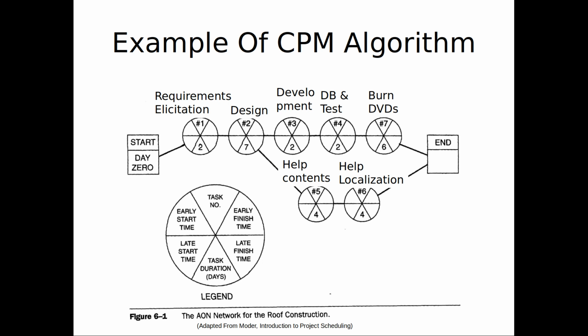When's the latest node 7 could finish without delaying the whole project? 19. If we delay it, the whole thing's delayed. Do you understand that point? When is the latest time we could start it without delaying the whole project? 13. The whole critical path, it's going to be that. Do you see that? I mean, I could just work back. Just to be clear where this came in, the latest number 7 could start without delaying the whole project is 13, right? That's 19 minus 6, yeah?